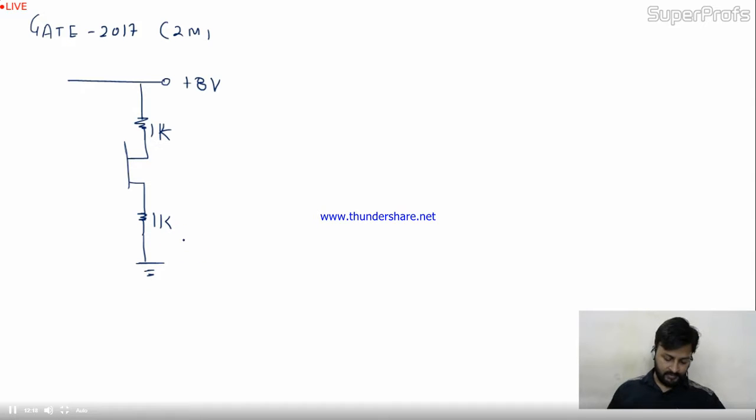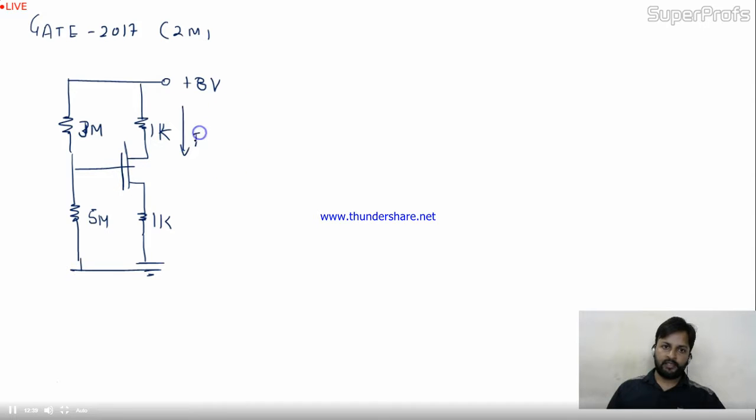Okay, this is the source. Over here you have again 3 mega and 5 mega, connected like this. The current in this is ID. And the question is, now I'm telling you,